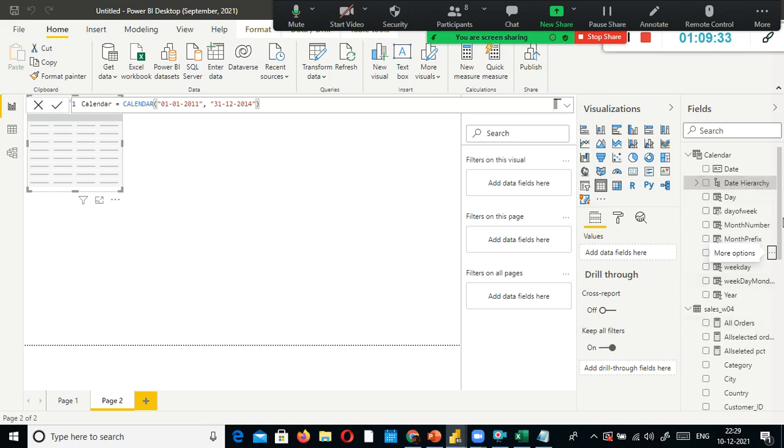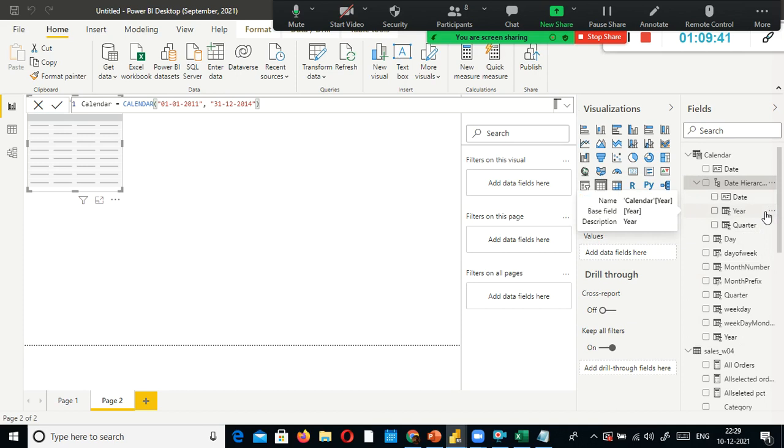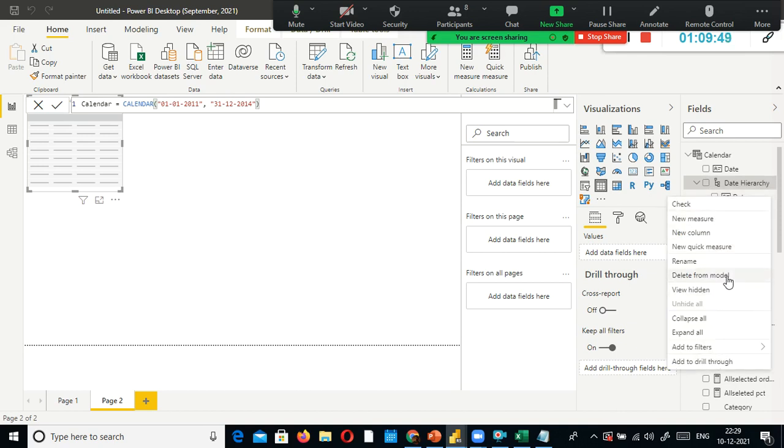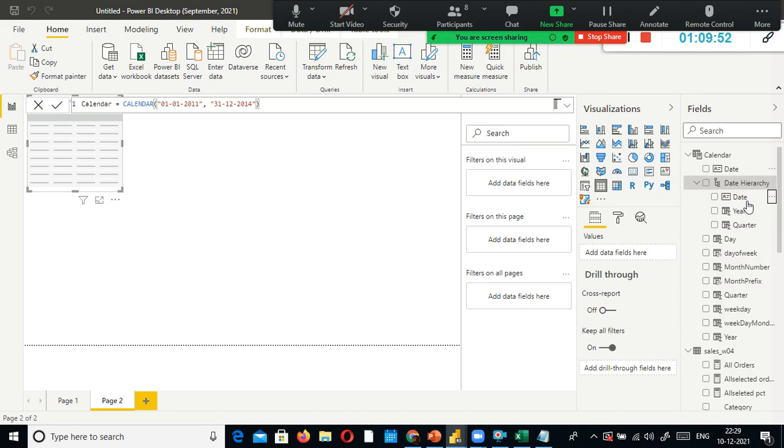And the next one is, okay, if you expand this one, you can see the year, quarter, and the next one is, okay, here actually this is not required. What I'm going to do is right click.